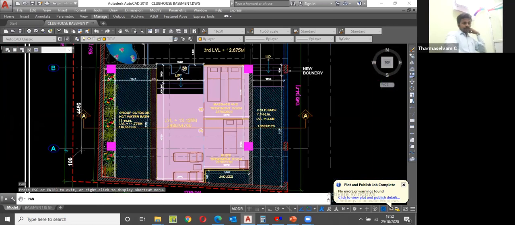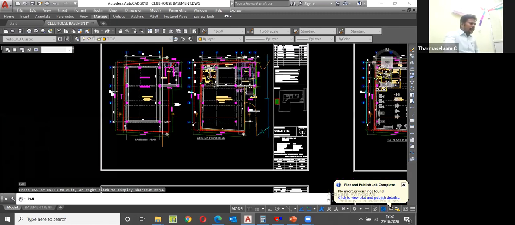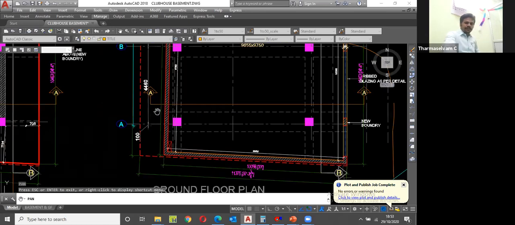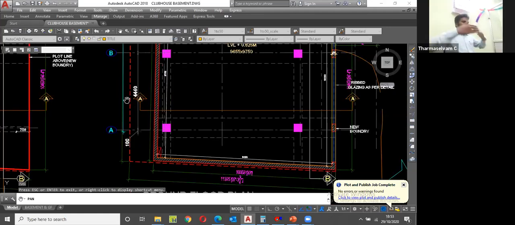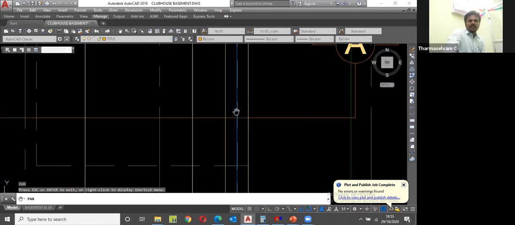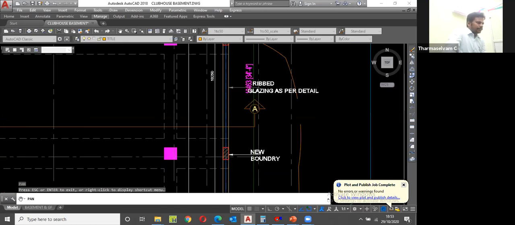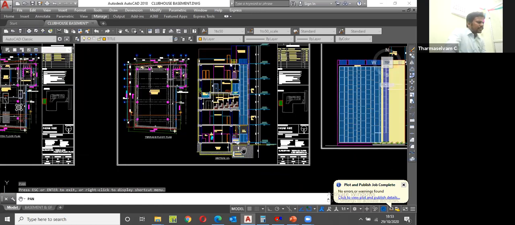Now we are going to see the elevation or section view. Here they have mentioned A. You can look at here, this is the A. What is this A? They are cutting the section from here to here. From here they are looking at the building. That building is like that. Then this side, you know, is an entire brick wall. This is the hatch. Then this side may be a glazing area. Then you check that elevation AA or section AA. This is the section AA.